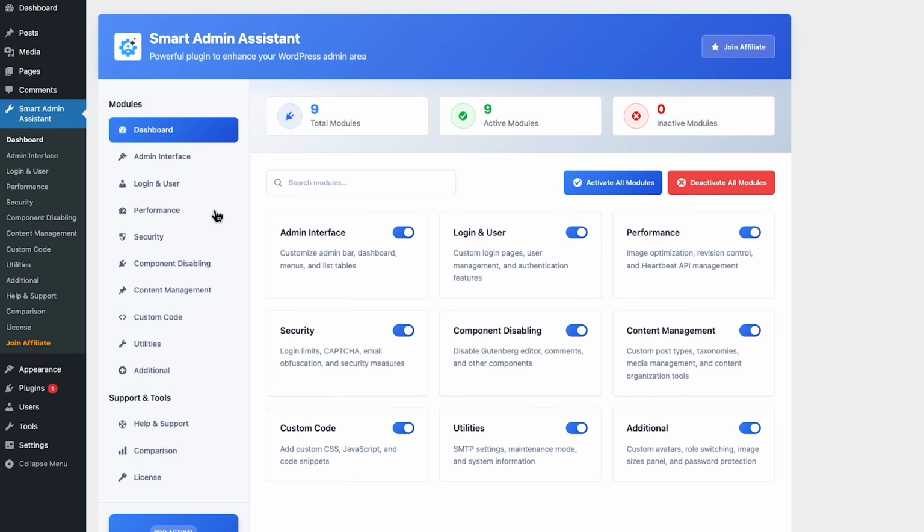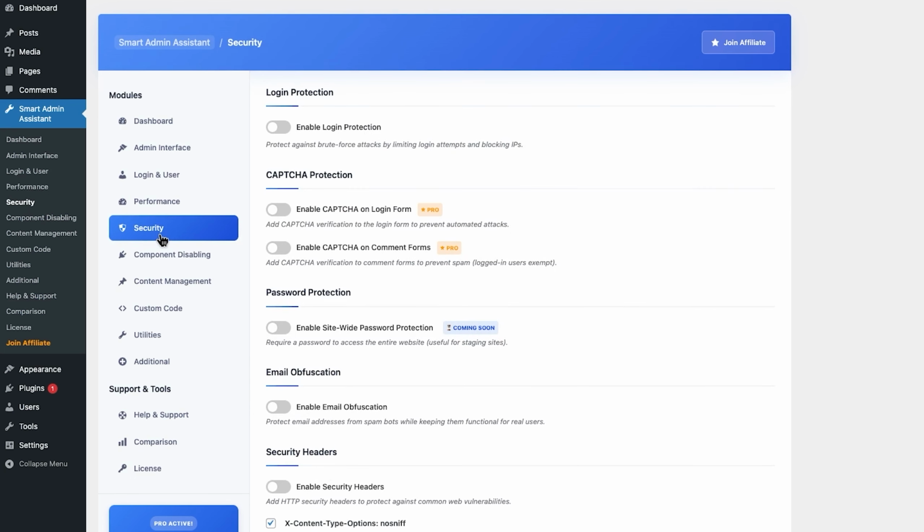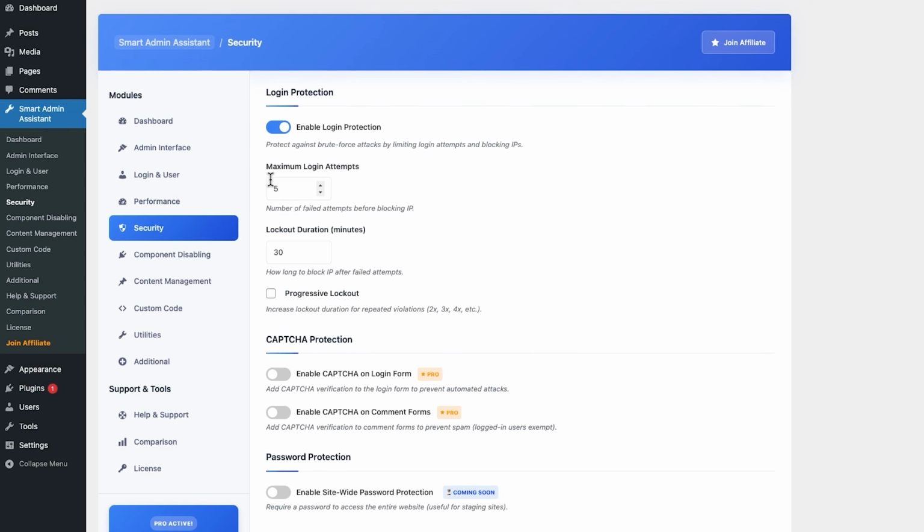The next module we'll explore is the Security module, designed to protect your WordPress site against unauthorized access and common vulnerabilities. The first feature is Login Protection, which lets you set the maximum number of failed login attempts before an IP address is blocked. You can also define how long the block should last, measured in minutes. This simple feature is an effective way to defend against brute force attacks, which are among the most common threats